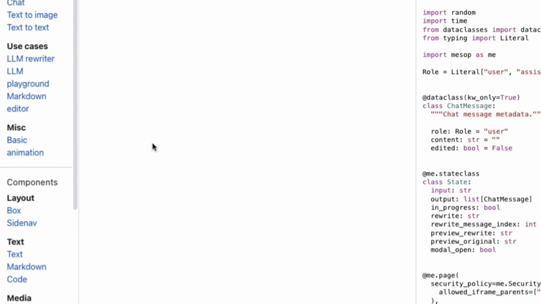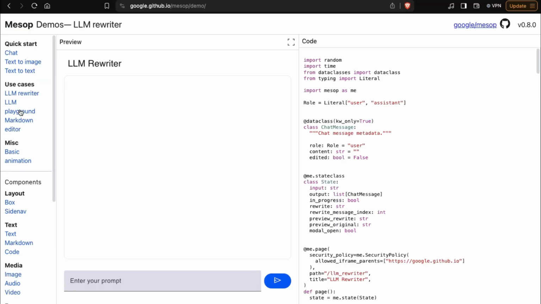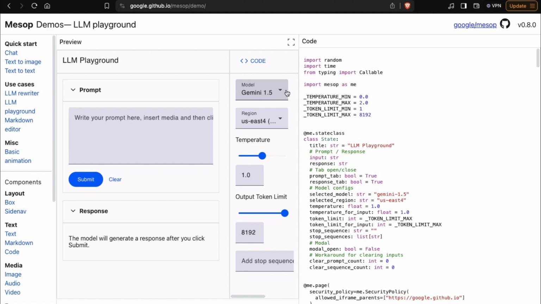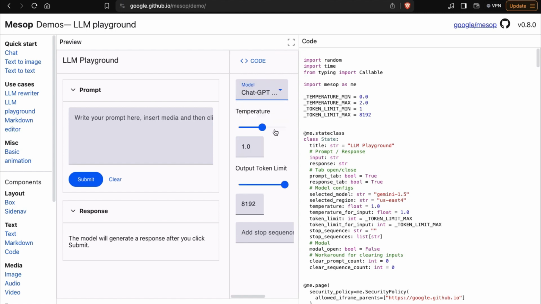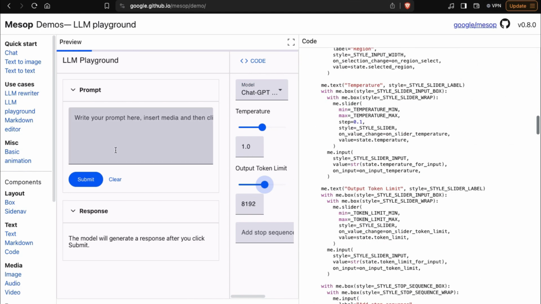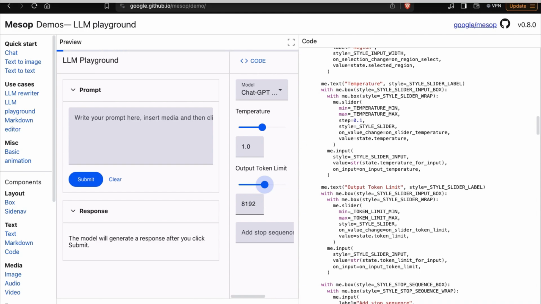It picks one line and then moves to the next, continuing in sequence. Another example is ML Rewriter. Here, it takes a prompt as input and rewrites that prompt for you. One of the most interesting and more complex ones is this. Here, you have the option to select either Gemini 1.5 or ChatGPT. It utilizes the multi-page feature, so you can switch between different options depending on which page you are on. You can use this as a starting point for your own projects.